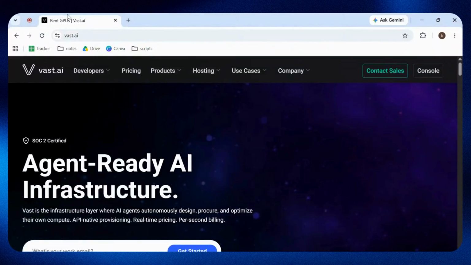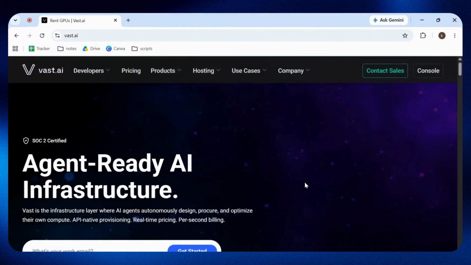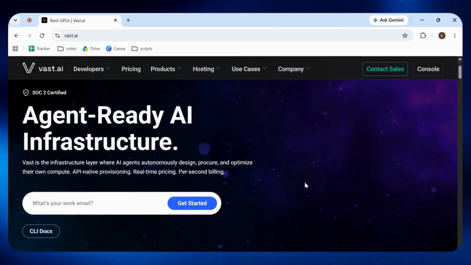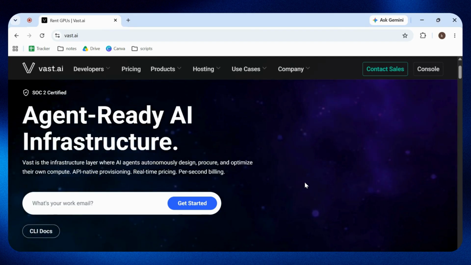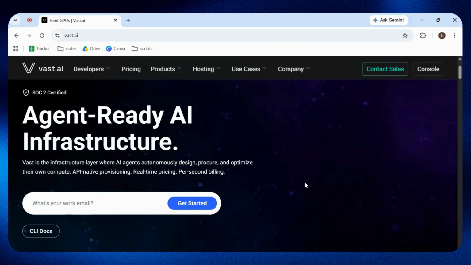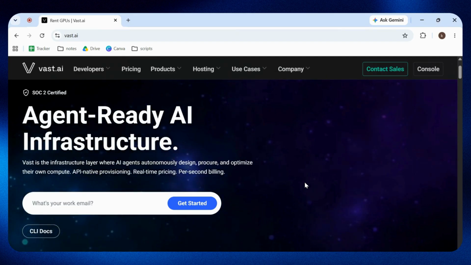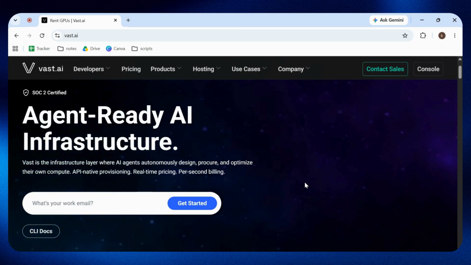Here's how to create a vast.ai account, add credits, rent a GPU instance, and connect to it through Jupyter or SSH to run AI workloads in less than 3 minutes. Today I will show you in a step-by-step guide how to get affordable GPU power for AI projects without buying